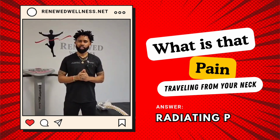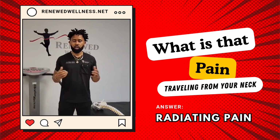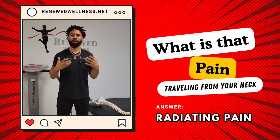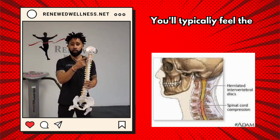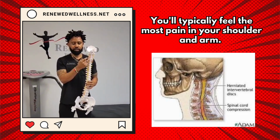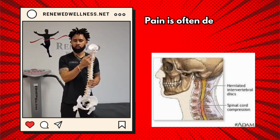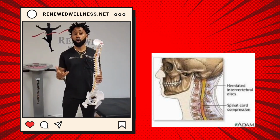So what is that pain traveling from your neck down into your arms, maybe numbness and tingling into the fingers? Well, oftentimes that's something called radiating pain. Most of the time, radiating pain is going to be coming from the actual spinal root level. So you can have a bulging or herniated disc that's pressing on one of these nerves. All the nerves from the neck do travel down into the arm, and that's a very common cause of this